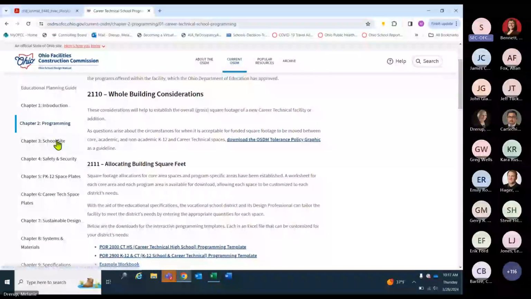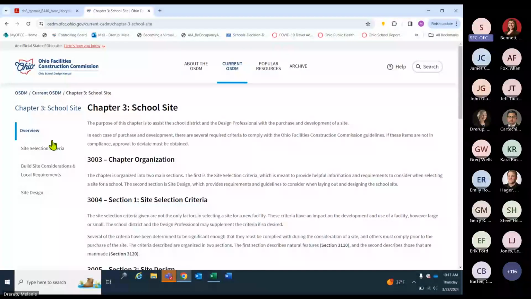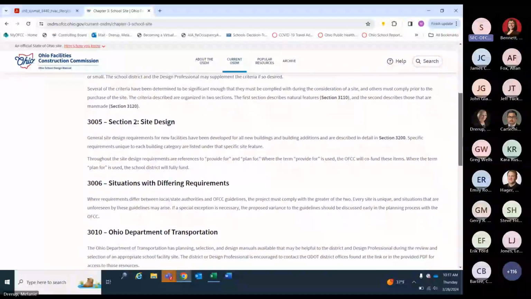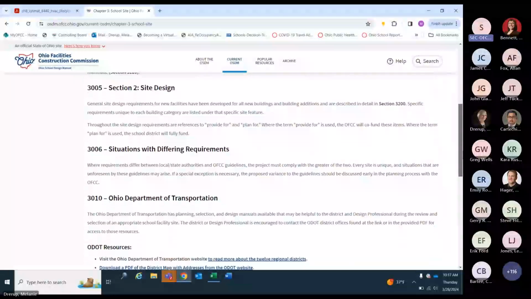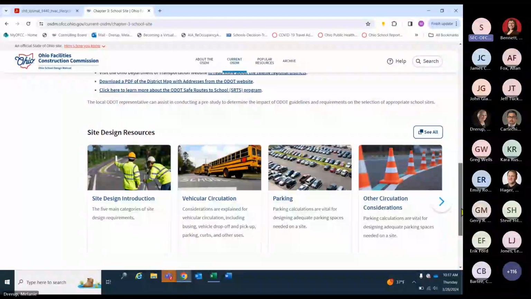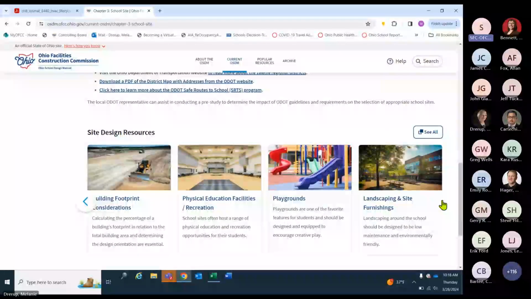Okay, next stop, chapter 3, School Site. This page provides an overview for site selection criteria, site design, how to deal with differing requirements at state and local levels, resources from the Ohio Department of Education, and then there are 8 resources, including site design introduction, vehicular circulation, parking, other circulation considerations, building footprint considerations.